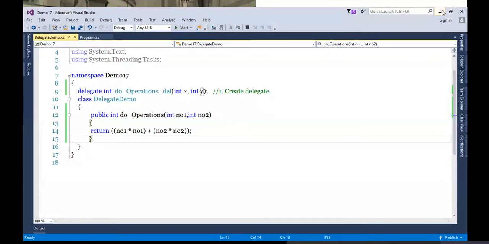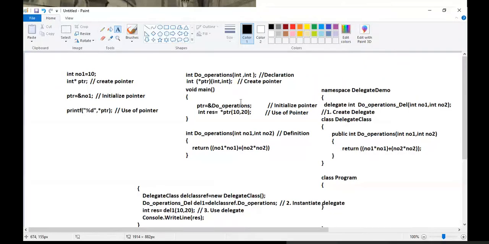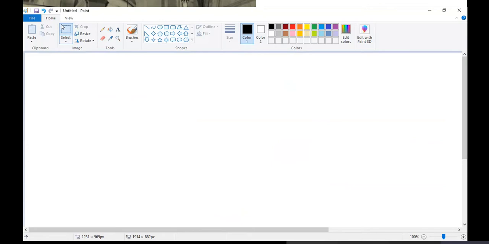Now, as we discussed here, in C, if you remember, here I took the variable number 1 and its value is 10 right now. The same principle we are going to extend. Just watch out.